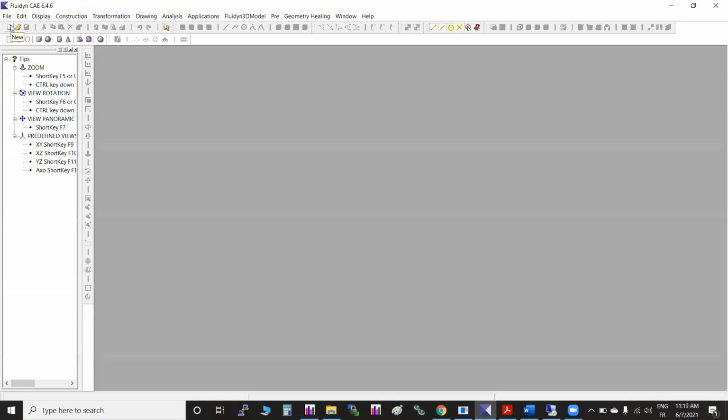Maybe I will just start with showing some menus from geometry modeling. This is the tool. I hope you are able to see it properly. If there is any issue, just let me know. Fluidyne CAE.